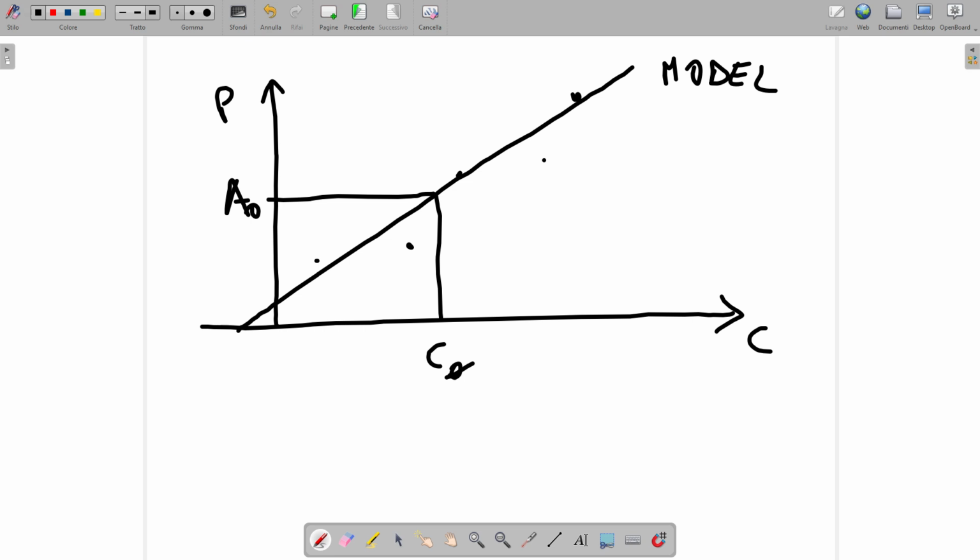The model has equation area equal to intercept plus slope multiplied concentration. So you see that it is very easy to calculate C0 from A0, because if this equation holds true, it